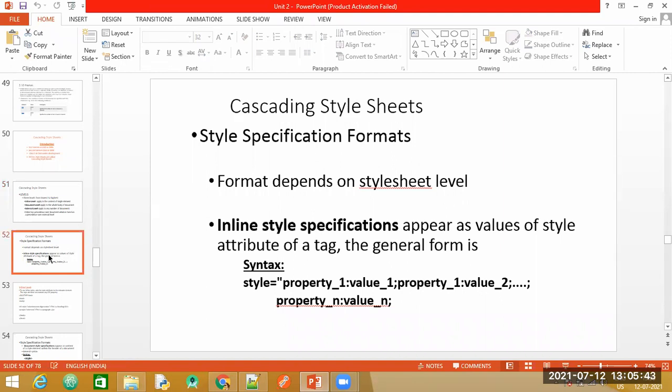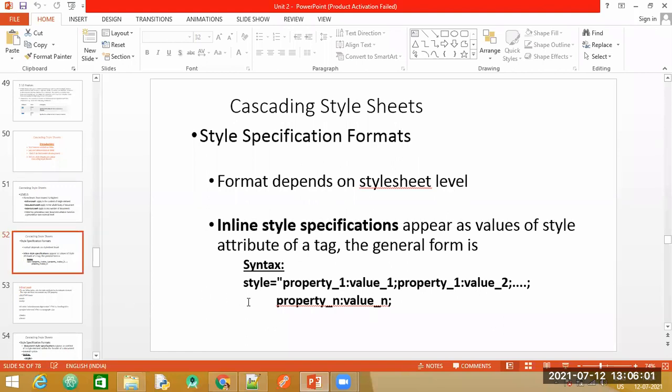We start with the inline style. That is, how do we apply different types of properties of CSS for a particular element? When we talk about inline level, what is the syntax that we have to follow?